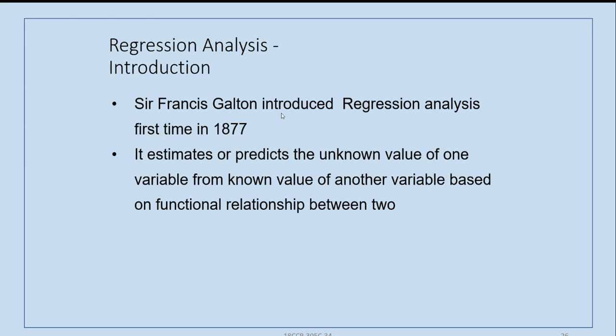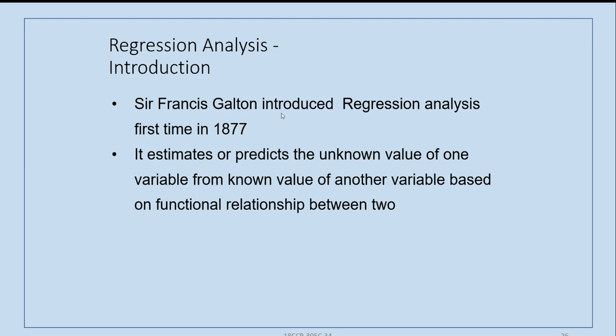Regression is, we have two values x and y, in which one is independent and one is dependent. Independent means it is not depending on anything. Dependent means it is depending on some other value, that is x. For example, we have two variables x and y. Suppose if x is dependent, y is independent. If x is independent, y is dependent. Like this we have to take.